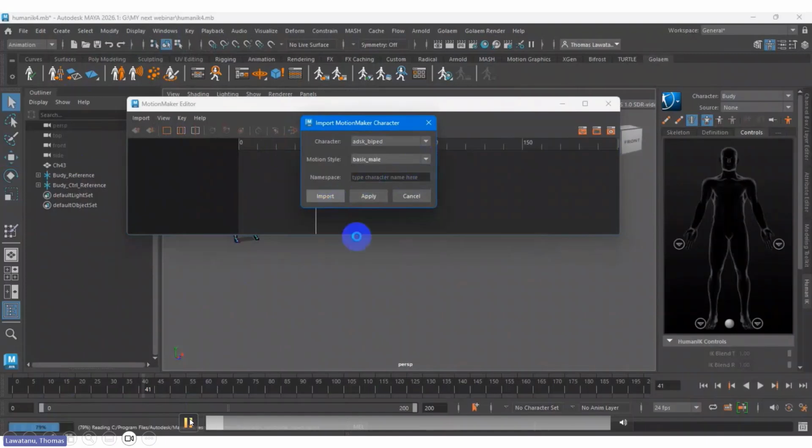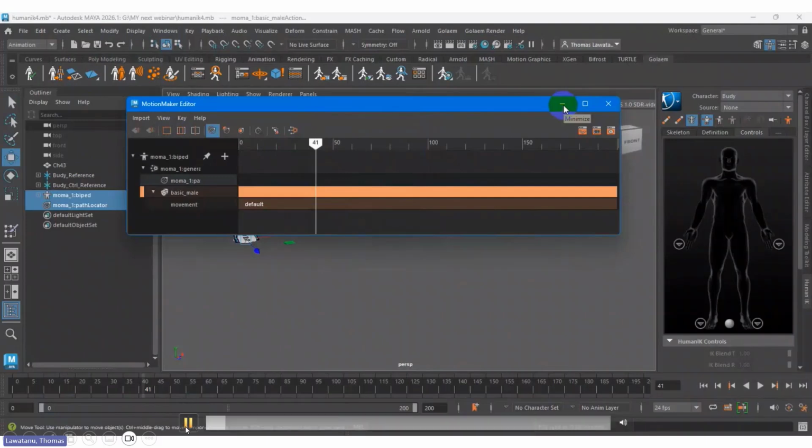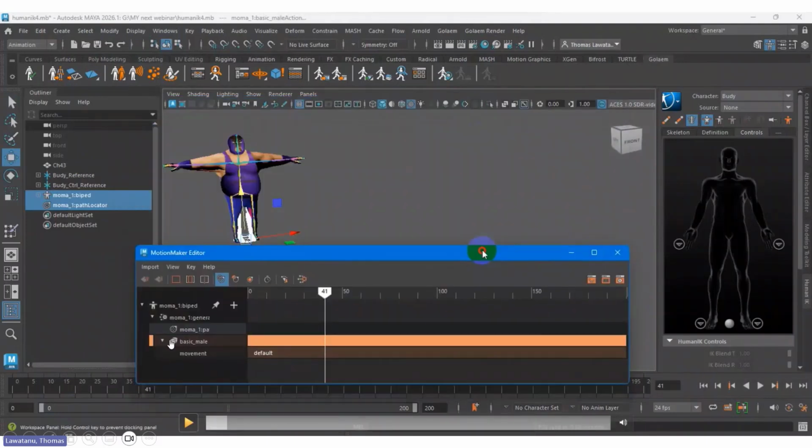Okay, so I select this and import these characters. Once I get the characters, there are layers. When you see here, these are the layers, which means this is the basic male that I selected. Then automatically in my viewport, there is a character inside, which is why you only see the white character in T-pose. Okay, so this is the male, and this is the movement, the default idle condition. Idle means they can't move, they are only standing by default.